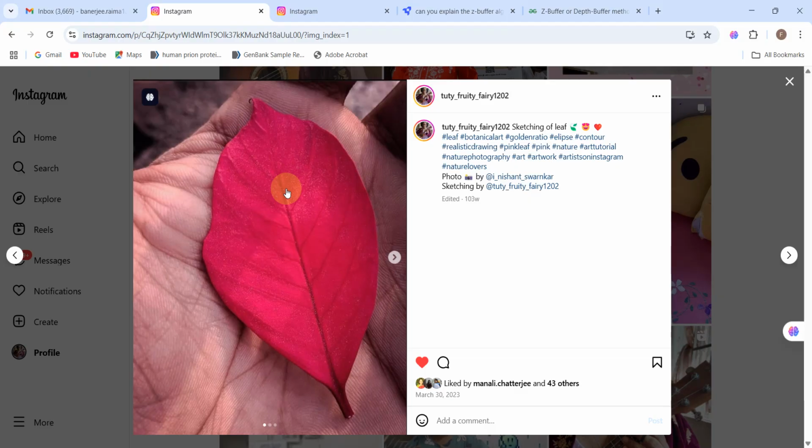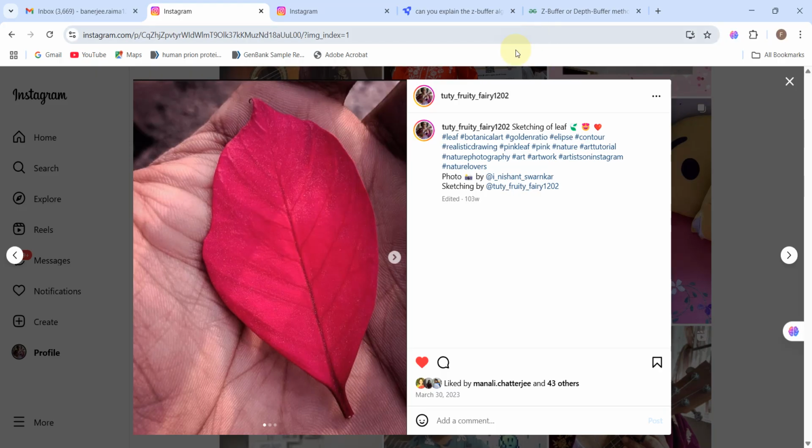Today we are going to continue our discussion about the Z buffer algorithm. In the previous video I talked about how we should write the depth matrix or the depth map of the image in order to understand which object is coming in front. In the last video where I ended, I explained how you should write the Z buffer,